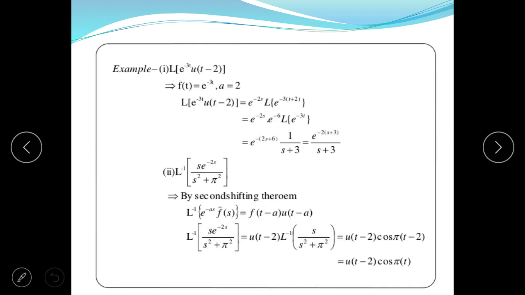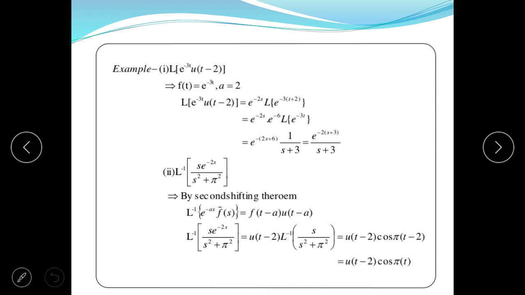Next example is find the Laplace of e to the power minus 3t u(t minus 2). So we know that the Laplace transform of the function e to the power minus 3t u(t minus 2). So first of all we will apply the shifting theorem. So e to the power minus 2s